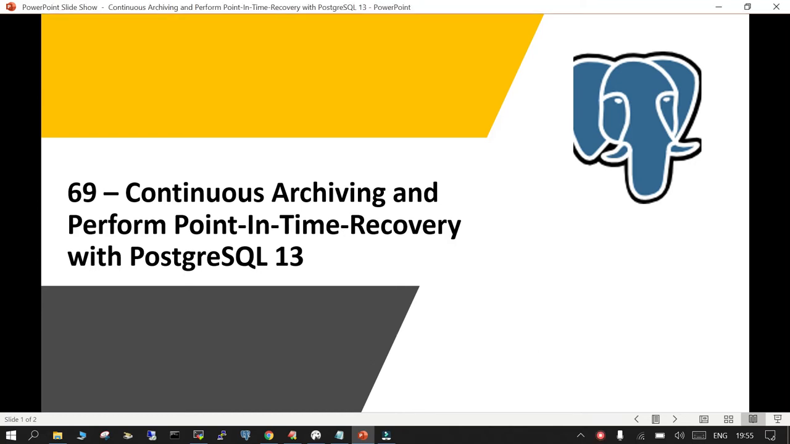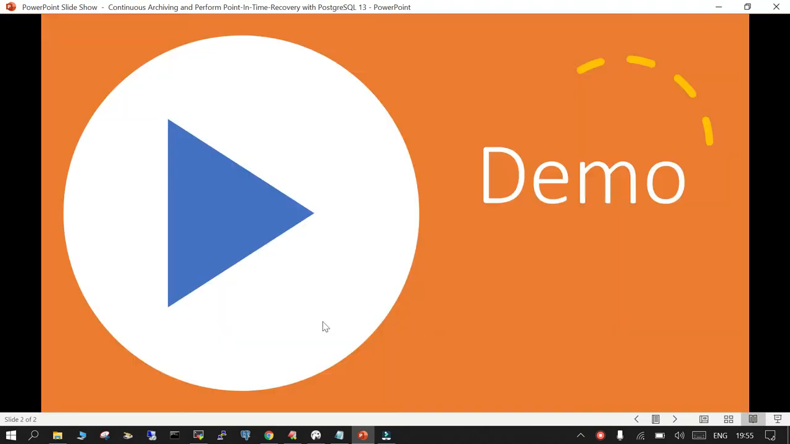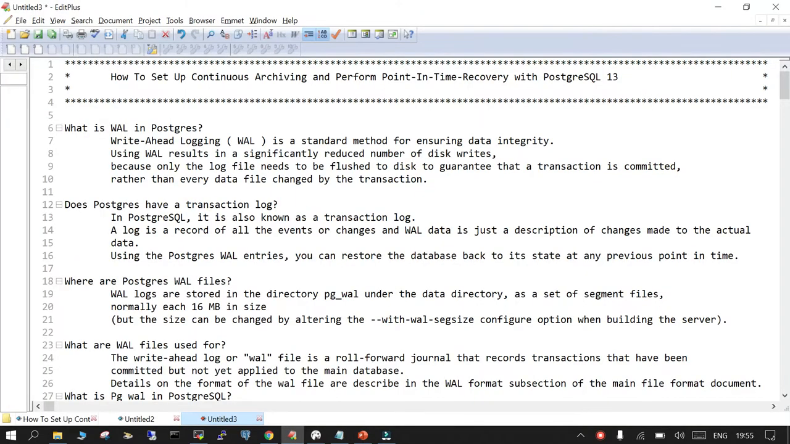Hello and welcome. In this session, we are going to learn how to perform continuous archiving and point-in-time recovery using PostgreSQL 13. We are going to start directly with the demo, and as usual,